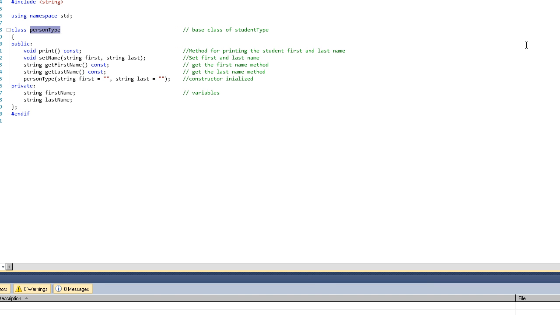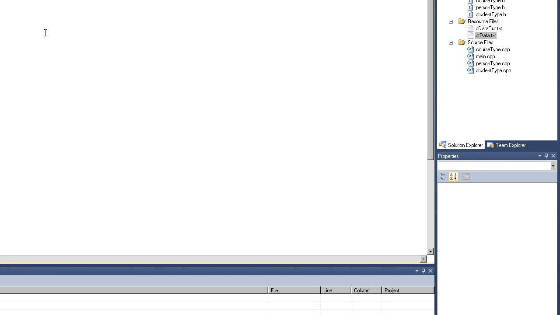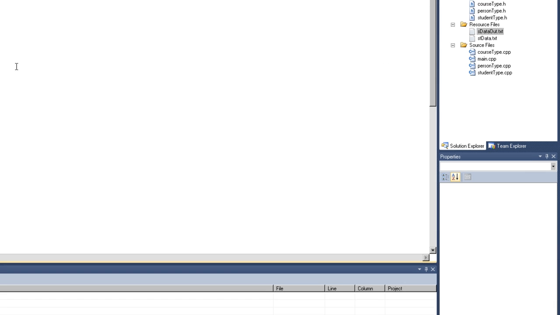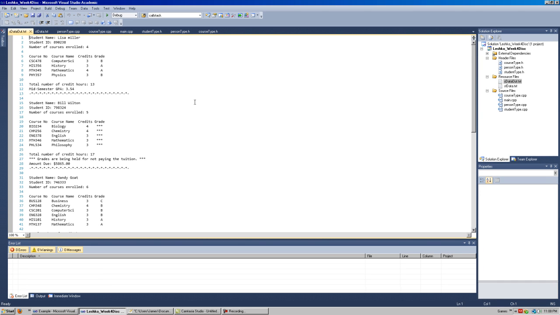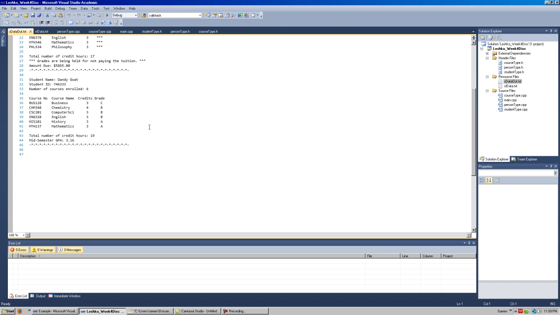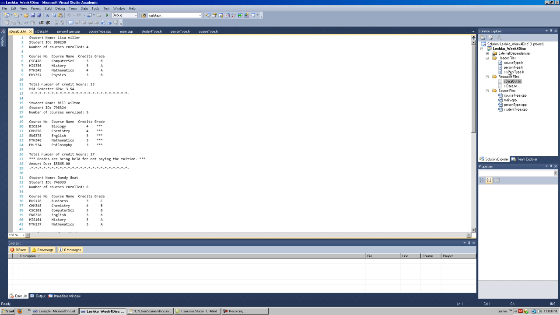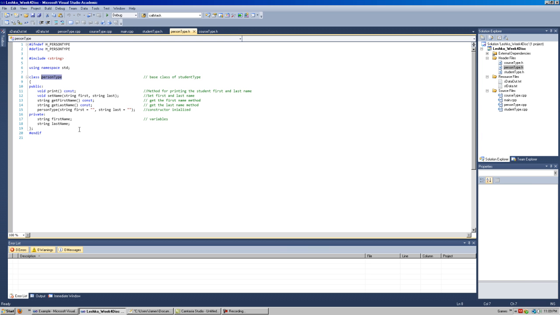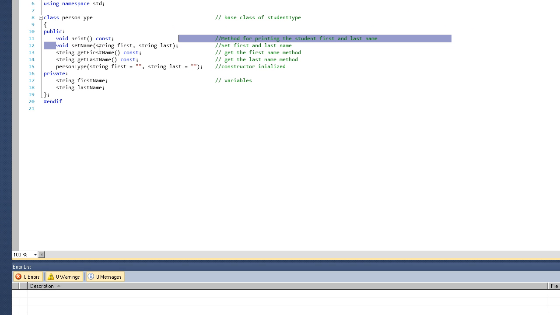Okay, the whole object of this program was to take data from one file, read it in, and then print it out from another. And of course calculate everything to decide GPA, things like that. And this example is available underneath the video. Okay, it's a little advanced for what I'm trying to explain here, but we have methods like print, set name,